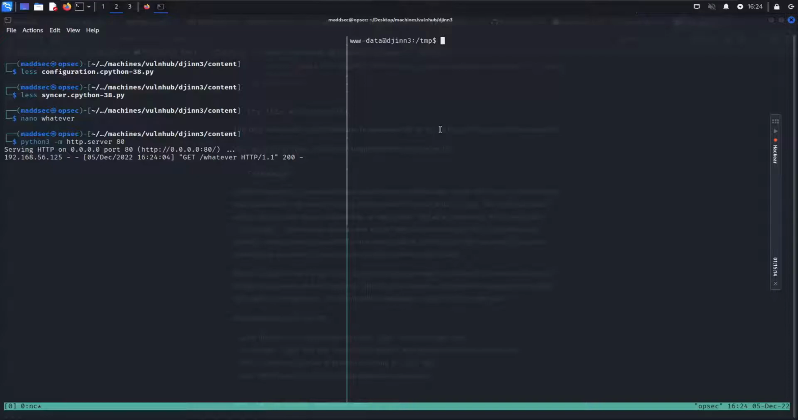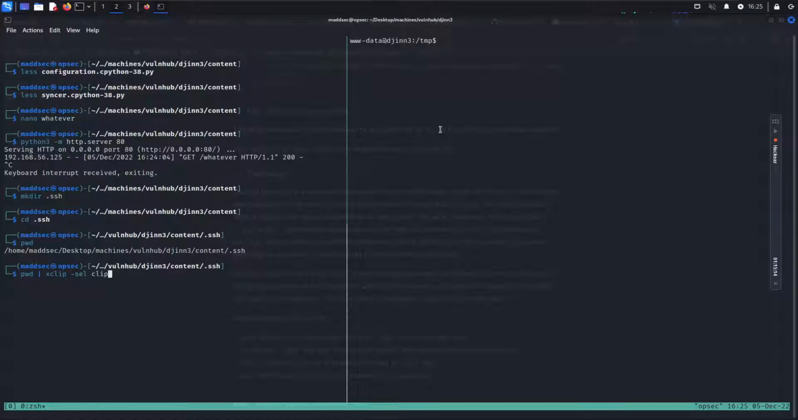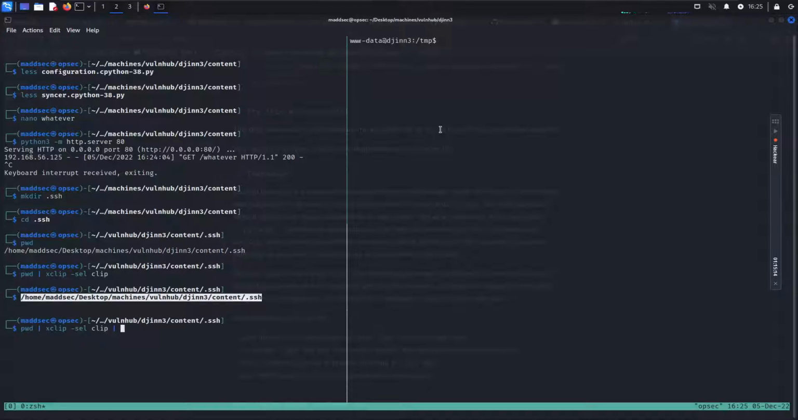well, I mean, we need to get access to something, right? That's the way to escalate privileges. What I thought is we could create a pair of SSH keys and enter our public key into Saint's authorized keys file so that we can grant access ourselves. So let's do that. Now we can create an SSH directory, go into it, and pwd, xclip. That's because, let me actually